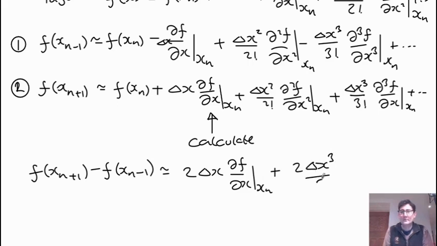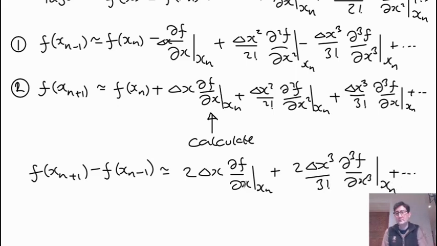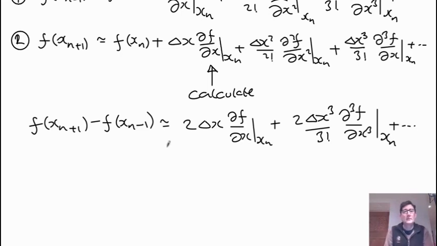So delta x cubed over 3 factorial, delta x cubed, okay, and so on. So yeah, more terms as well. Now we can just rearrange this, divide through by 2 delta x, and we just end up with df by dx evaluated at xn is approximately f at xn plus 1